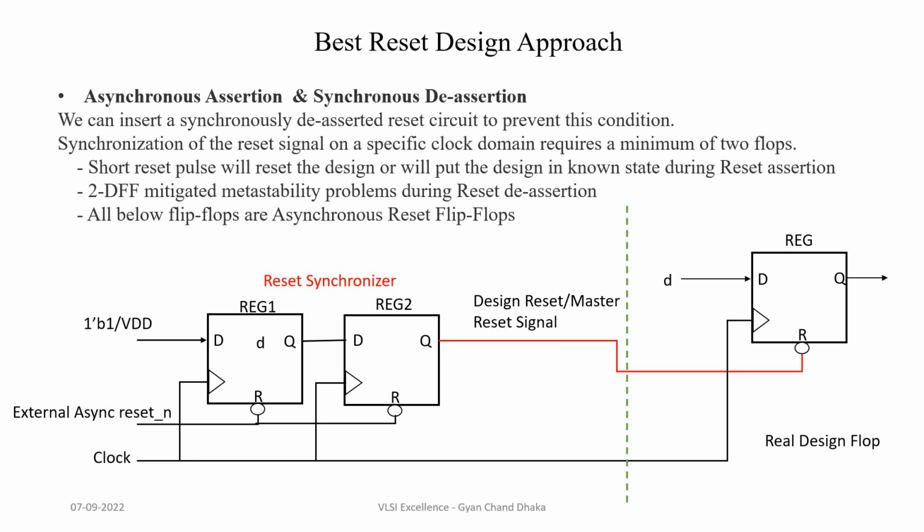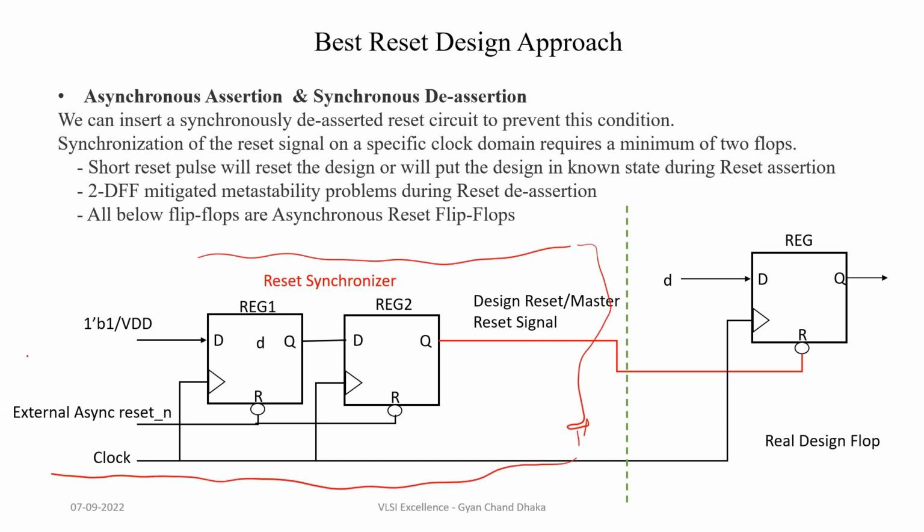So if we use this kind of reset synchronizer, this is basically called a VDD based reset synchronizer. Before our design, this is our design flip-flop, and if we add this extra two flip-flop reset synchronizer, then our problem of metastability with asynchronous reset deassertion can be eliminated. So we are going to cover the functionality of this reset synchronizer in detail in one of our next videos, but for now I will just explain this reset synchronizer briefly,